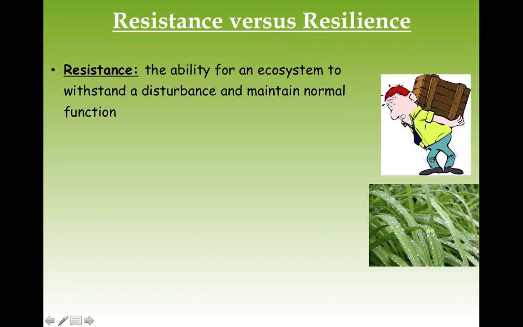And I have this picture here to demonstrate resistance, because this man is resisting the pressure of whatever that is, this box. Okay, so he's not falling down. He's pushing back, and he's resisting the forces of that. And so that's what an ecosystem would do under a disturbance. They would maintain normal function. He's still standing upright, although he's leaning over, but he's trying to maintain normal function